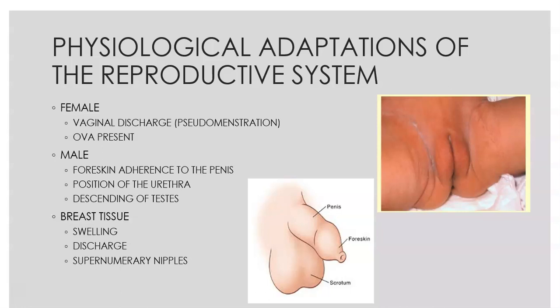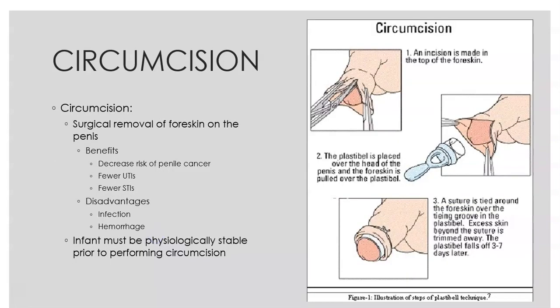They want to make sure the testicles are in the scrotum, not only for fertility reasons, but undescended testicles can increase their risk of developing testicular cancer later on. So there are multiple pictures in your textbook on page 542, some good pictures that can show you some of those differences. So one thing as far as males was circumcision.